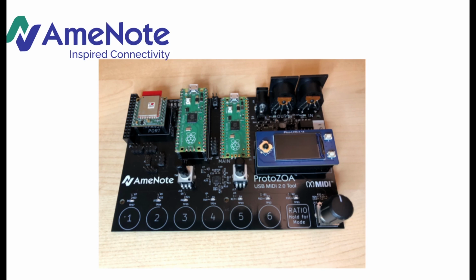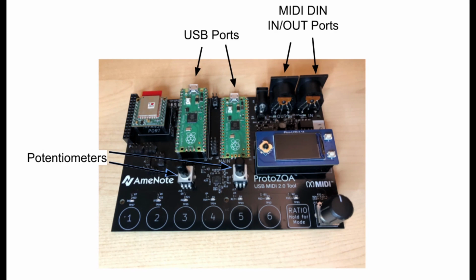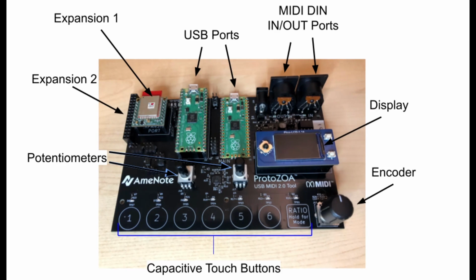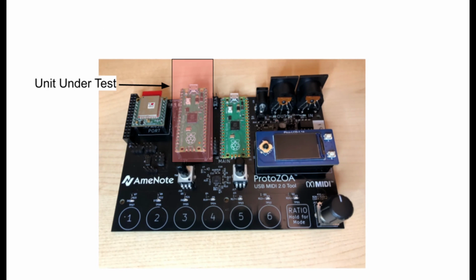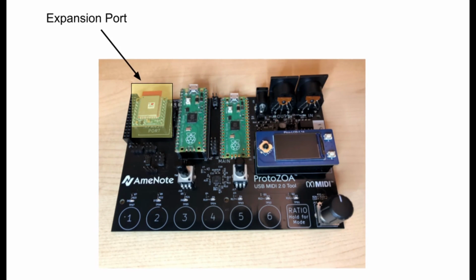It is a development board used to provide MIDI 2 testing. It has 2 USB ports, MIDI DIN in and out ports, 2 pots, 1 encoder, 7 capacitive buttons, optional display, and 2 customizable expansion ports. Generally, the UUT board is set up as a MIDI to USB device, while the main USB is set up for inline debugging. The expansion port currently accepts CME WIDI core modules for Bluetooth support, with more modules like Ethernet